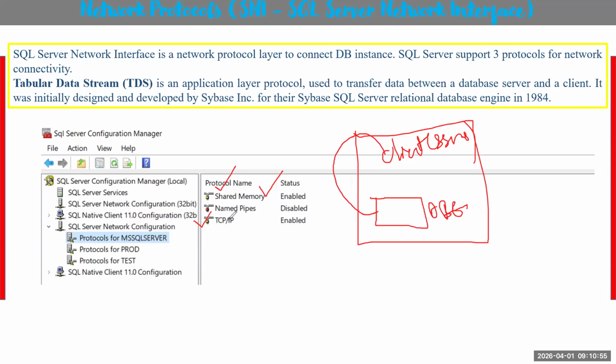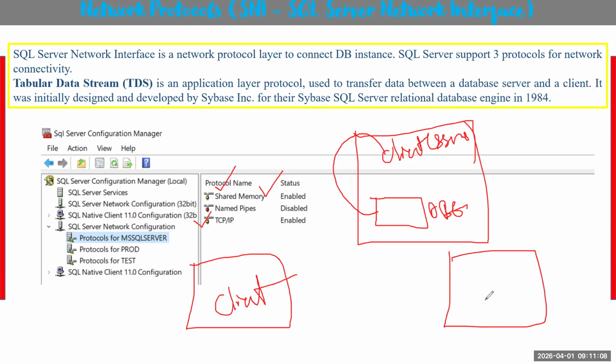TCP/IP is the most widely used protocol. For example, this is one server where you install the client, and this is one more server where you install the DB. So both are two different servers, two different VMs. On one VM there is a DB engine, on the other VM there is a client.